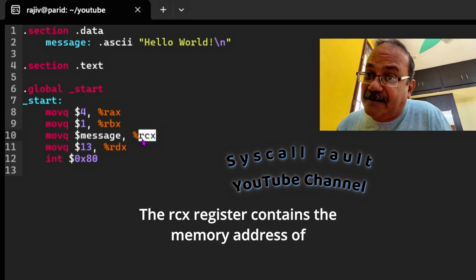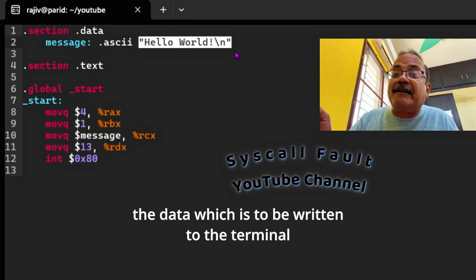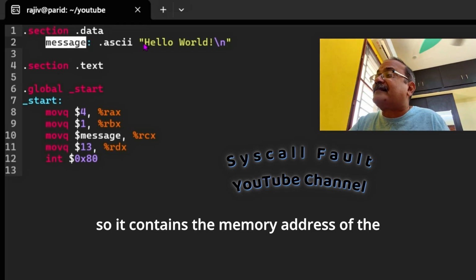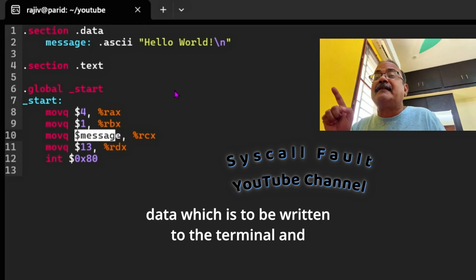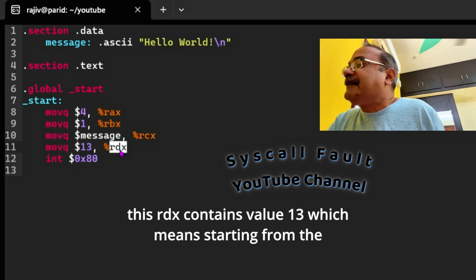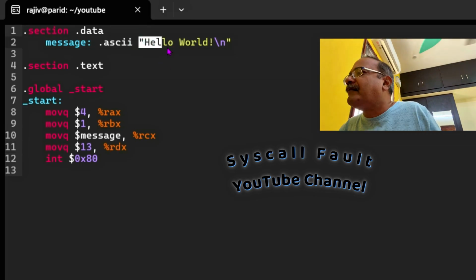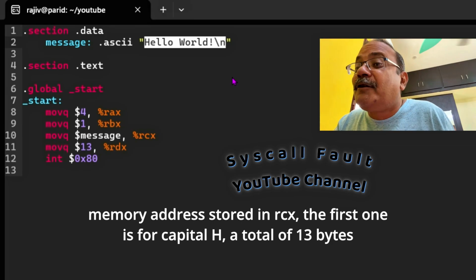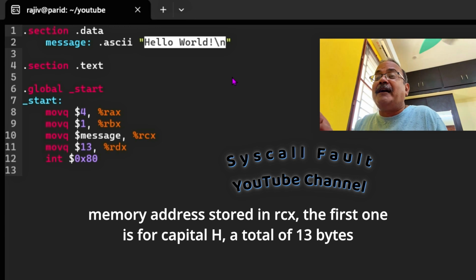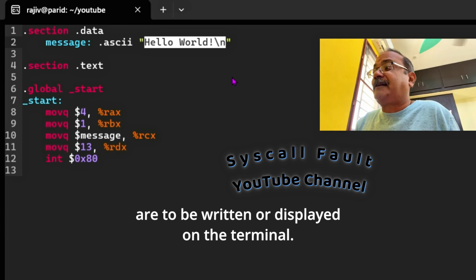The RCX register contains the memory address of the data which is to be written to the terminal. And this RDX contains value 13, which means starting from the memory address stored in RCX, the first one is for capital H, a total of 13 bytes are to be written or displayed on the terminal.